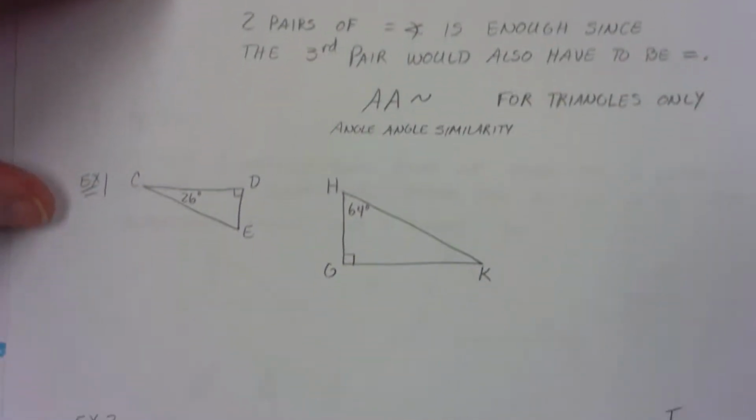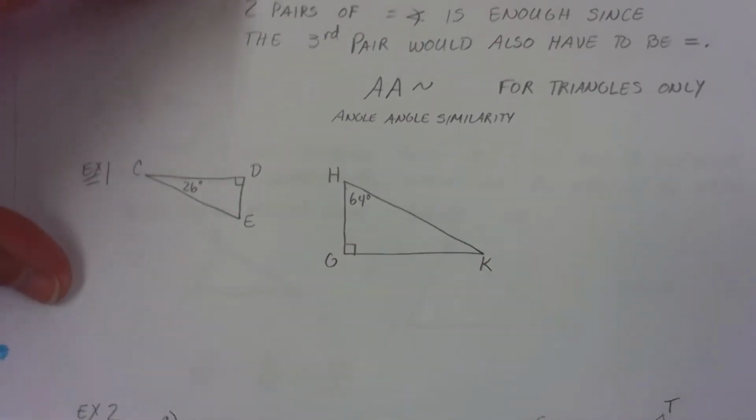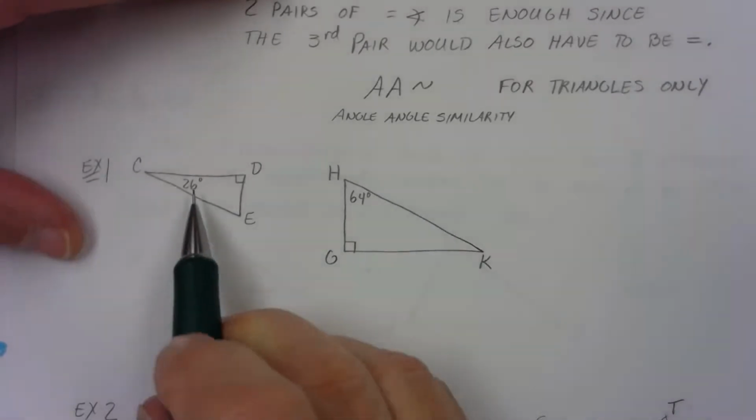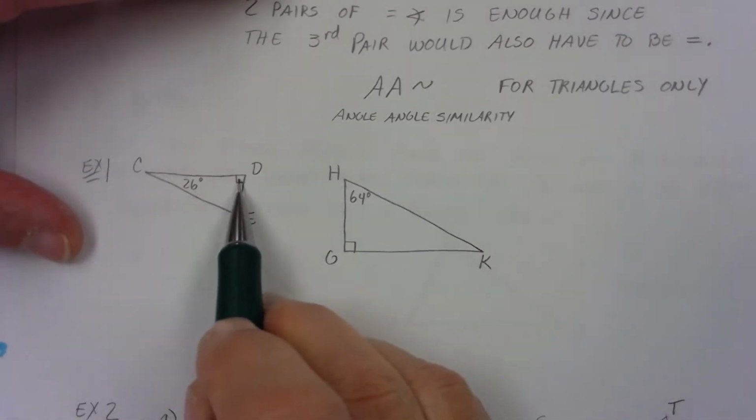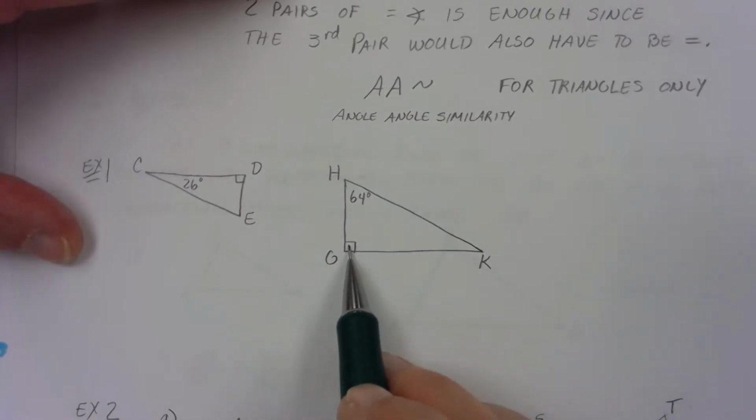Okay, so here's how we're going to use it. Example 1 in the book says, determine whether the triangles are similar, and if they are, write a similarity statement. Explain the reasoning. So there's several things to do there. First of all, let's determine if they're similar. So if this is 26, and this is 90, this is 64, and this is 90, how big would angle